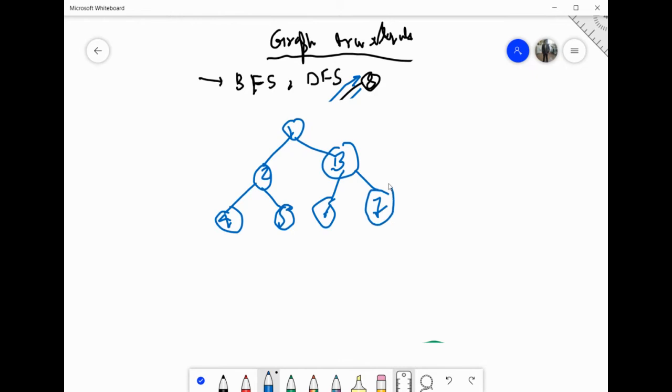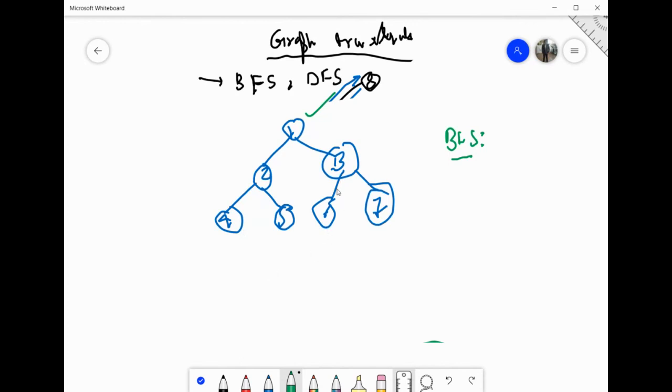Obviously, this is a binary tree, but a tree is also a graph, so this is a graph. Now, suppose I want to write BFS of this tree. अब एक बाइनरी ट्री में या किसी भी इस टाइप के ट्री में BFS is very easy. Suppose I'm starting from 1. Okay, you have to start from 1 only in these kind of trees. You don't have any option.